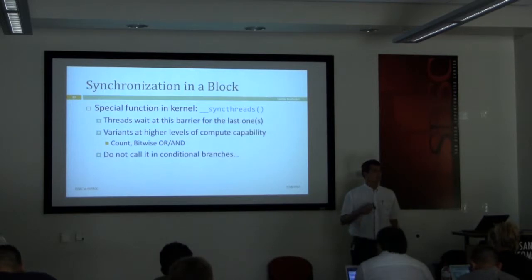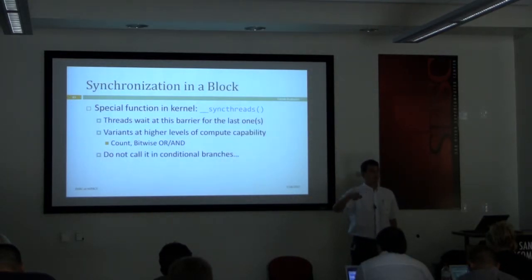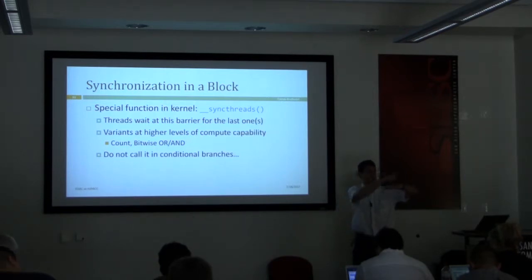Everybody can save the results in shared memory, and then somebody else can use that result. Before that happens, you have to make sure that all the threads are synchronized. You cannot access one thread's output from another thread before synchronization happens, because even though they could be running in sync,